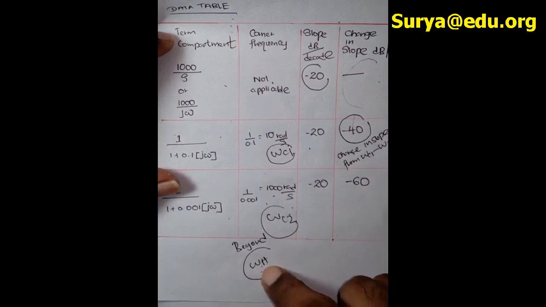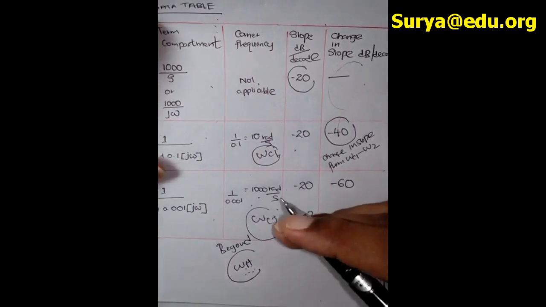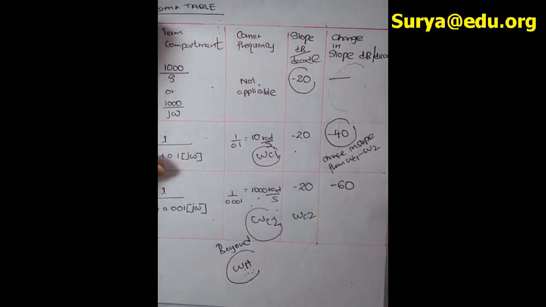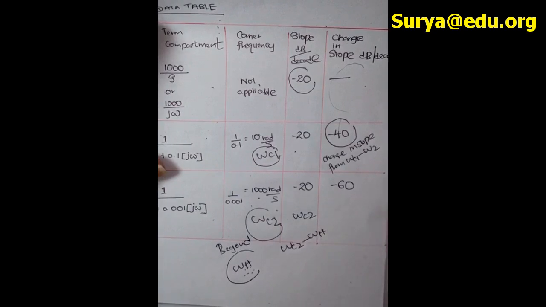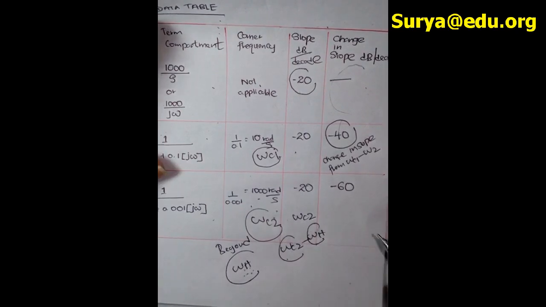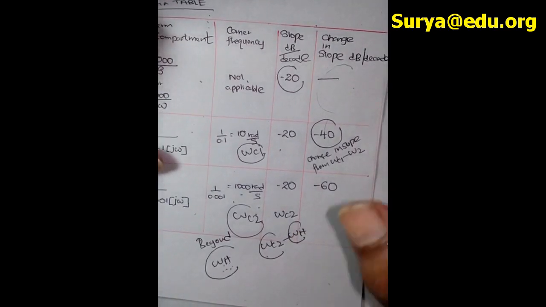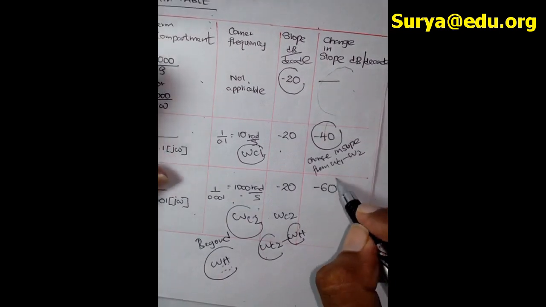So before omega h, what you have is omega c2, no doubt, right? So when you consider the change from omega c2 to omega h, you have to give consideration to what comes before omega h. So what is coming before omega h? That is omega c2. So if you want to find the change in slope from omega c2 to omega h, this is the only consideration that you can make.